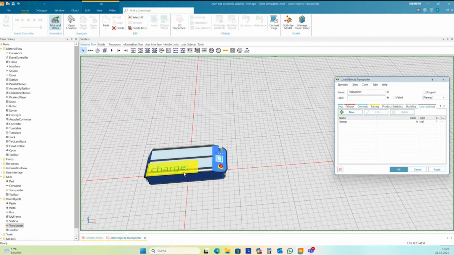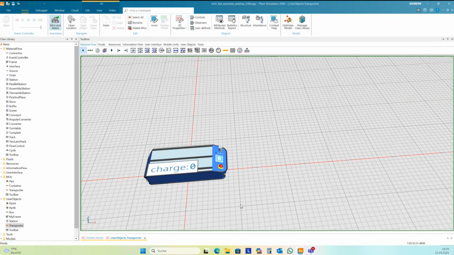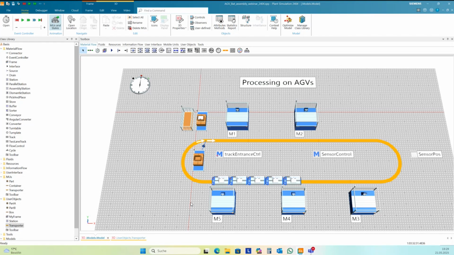Press the Alt key, and then you can move the Z axis with the mouse. And so you can change the position and the scaling of this field here. Okay, let's try. Okay, looks better.